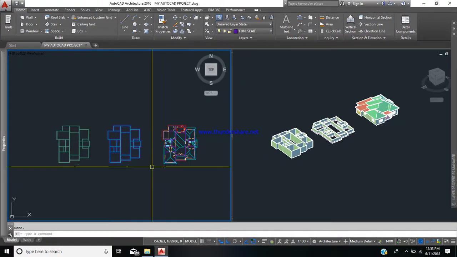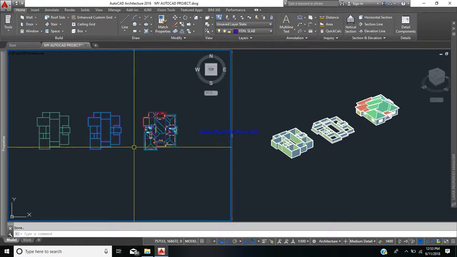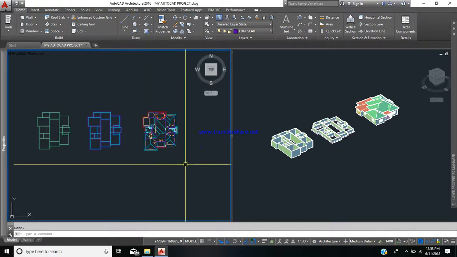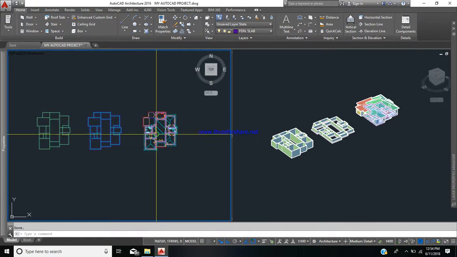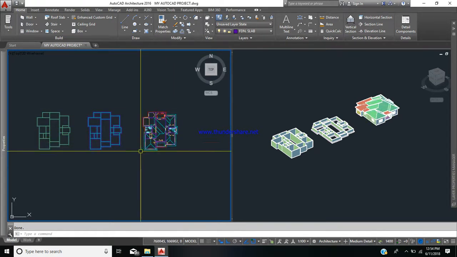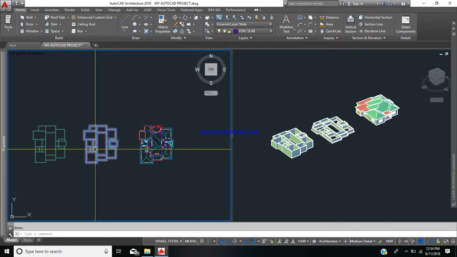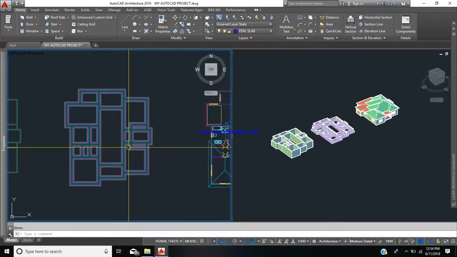Good day. In this video tutorial, we're going to be looking at how to extract our two-dimensional foundation plan from our 3D drawings, as well as how to extract a two-dimensional floor plan from our superstructure 3D. In order to do that, however, the first one I'm going to be extracting is going to be my foundation